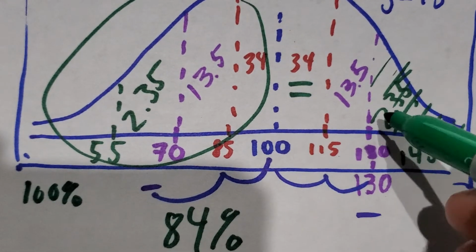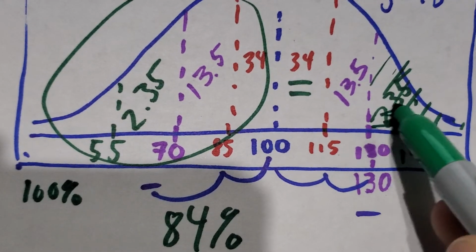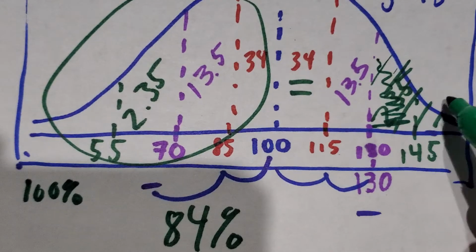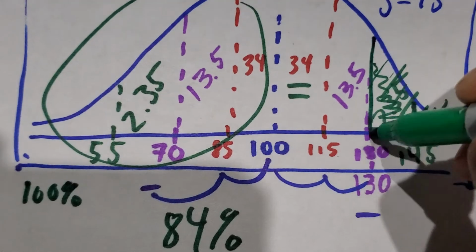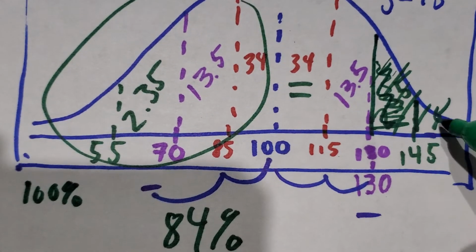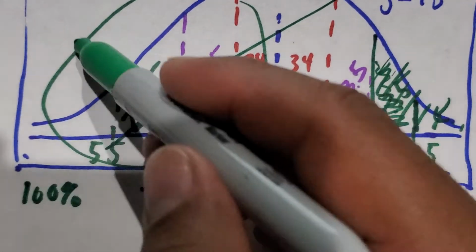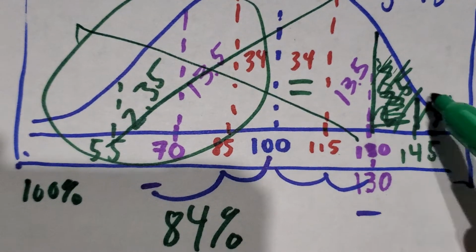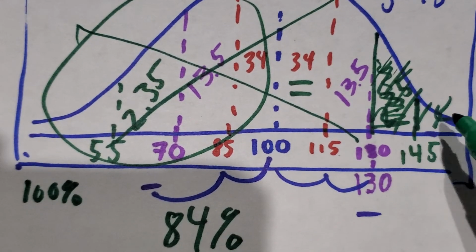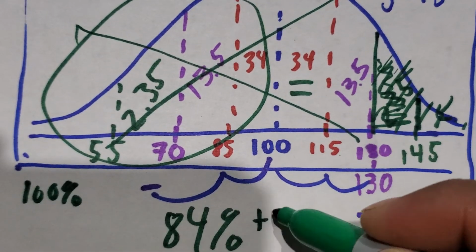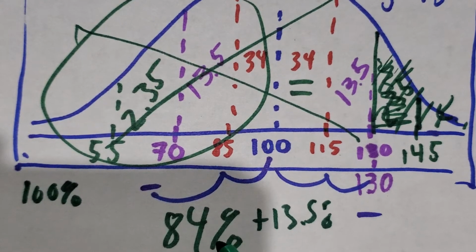The question was looking for strictly above 130. So that's not just this little piece here. It's even the extra little piece that we didn't actually draw. So it's not just this, it's also including this extra piece. So if I can take this off, then whatever is left over will be this portion. And again, if I add 13.5,